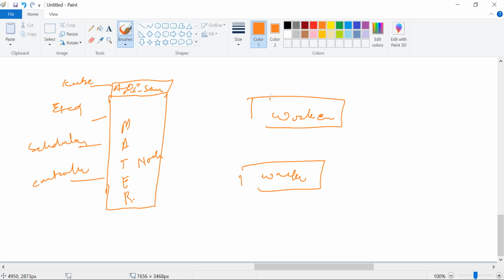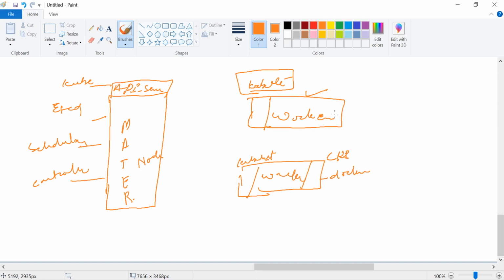On the worker node side we have the kubelet, which we can say is the captain of the ship, the captain of your boat. It's a ship, whether a small ship or a large ship. In the worker node we have another very main part, the CRI, that is Docker.